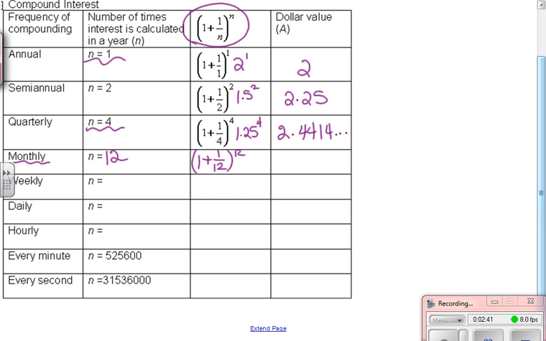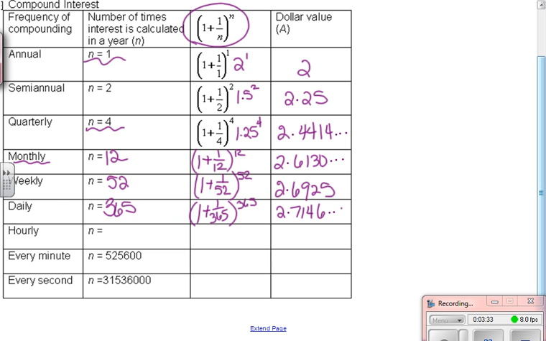And when you put that into your calculator, you get 2.6130 some long decimal. If it compounds weekly, there are 52 weeks in a year, so now my equation becomes 1 plus 1 over 52 to the 52nd power, but I end up with 2.6925. So even though it's compounding more frequently with 52 weeks compared to 12, this 1/52nd is really only going to change it by about 8 cents. Daily, if we just go to a standard year of 365 days, 1 plus 1 over 365 to the 365th power, we do that, we end up with